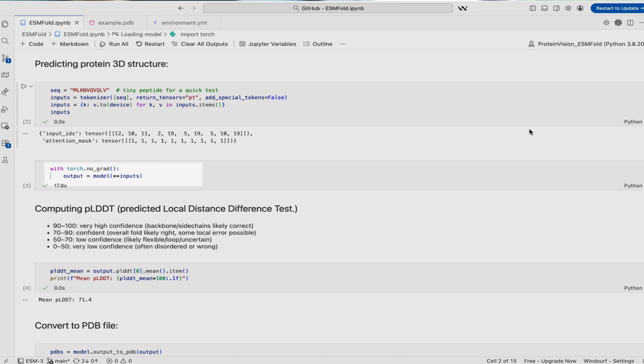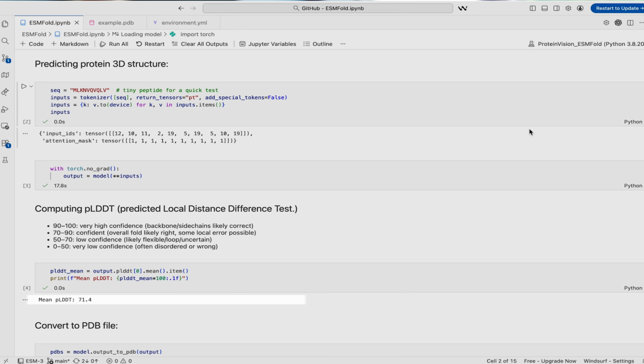After inference, the model outputs a pLDDT score for each residue. pLDDT stands for Predicted Local Distance Difference Test, and it provides an estimate of how confident the model is in the predicted structure at each amino acid position. We can compute the average pLDDT score across all residues to obtain a confidence estimate for the predicted structure. This value ranges from 0 to 100, where higher values indicate higher confidence. For our toy example, we obtain a value slightly above 70, which suggests that the model is reasonably confident in